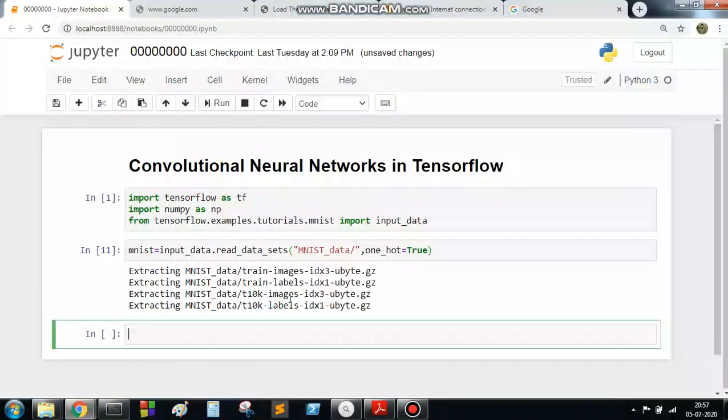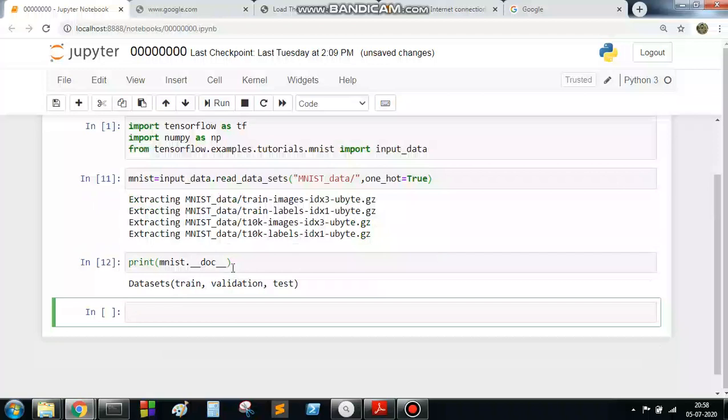All those 4 are downloaded from the internet, and in this data set everything is in a proper format. If you want to see what is available, the data set contains a train set, a validation set, and a test set. So the MNIST data set is properly maintained and each set is separated accordingly.